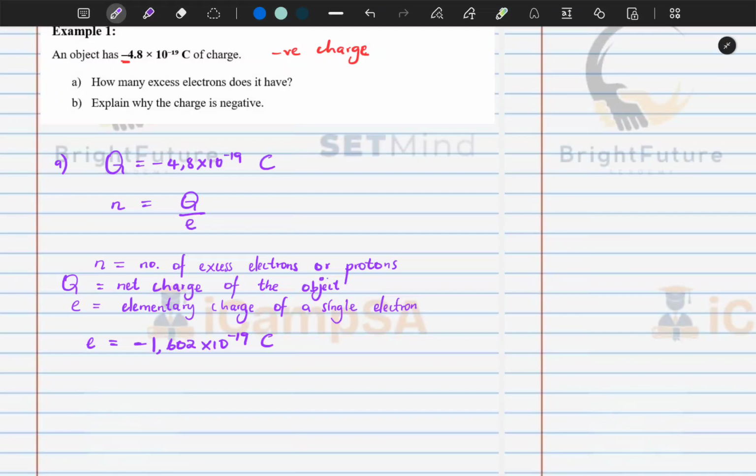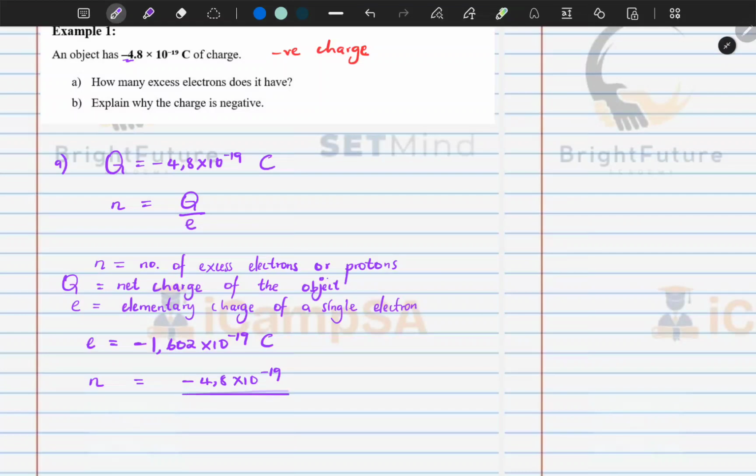On the flip side, if you had more protons, then the net charge would have been positive, so instead of negative we would have had positive. So in this question, you would say N is equal to minus 4.8